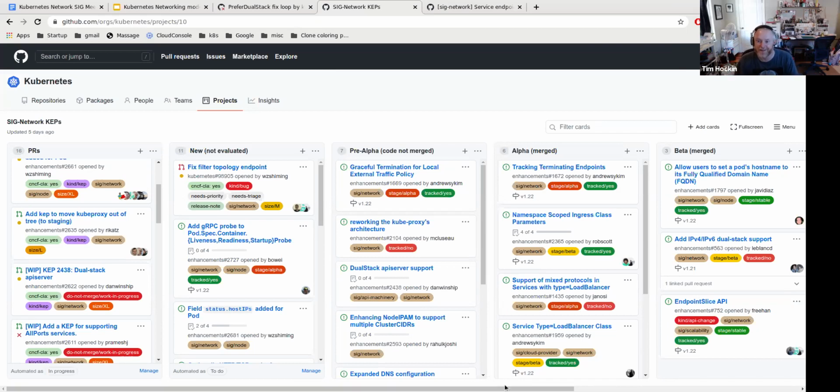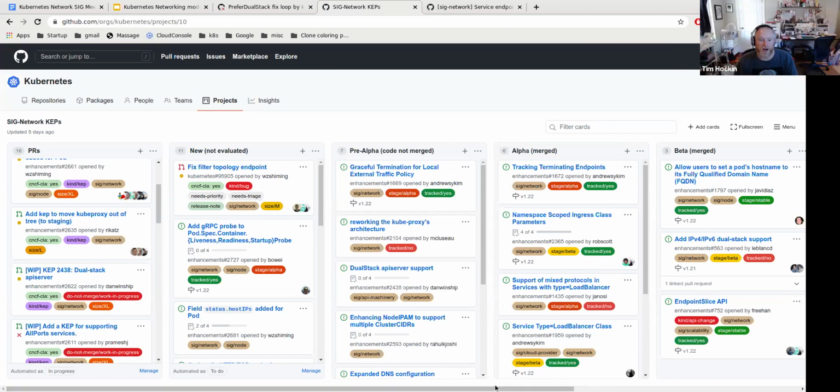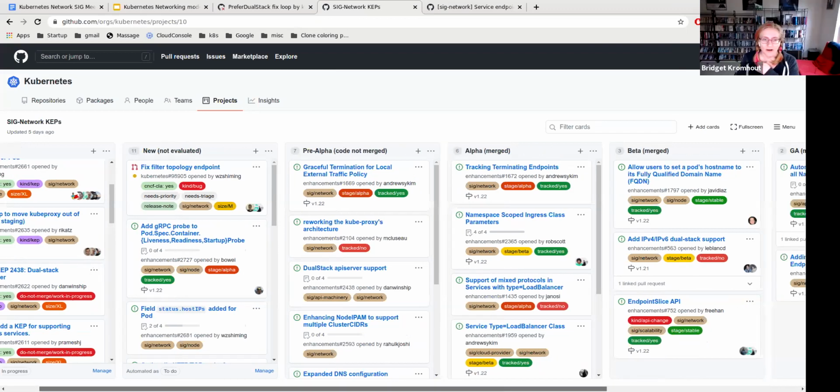We moved forward. Is there a label we can use for the KEPs that are kind of abandoned, like the IP mode one that you mentioned? I know a few folks that might want to pick that up if it's abandoned. I don't think we have a label, but it's a good idea.